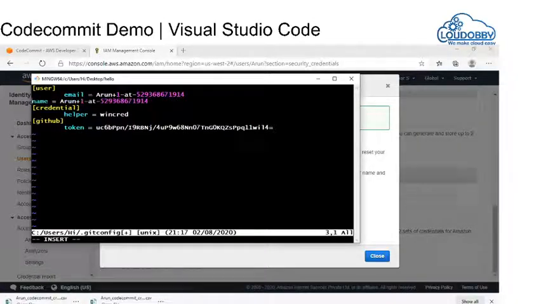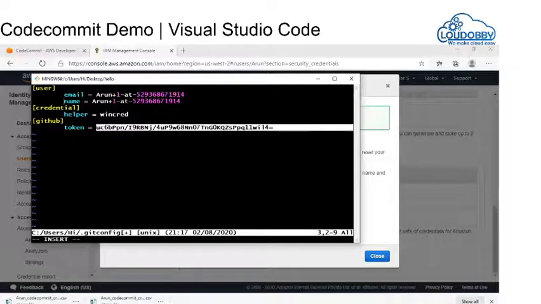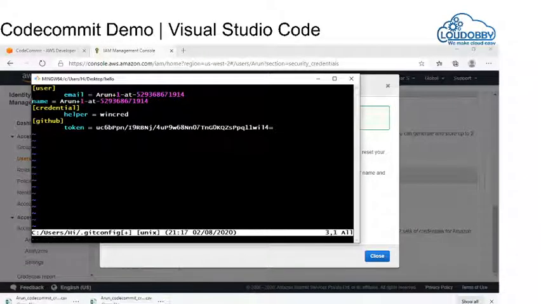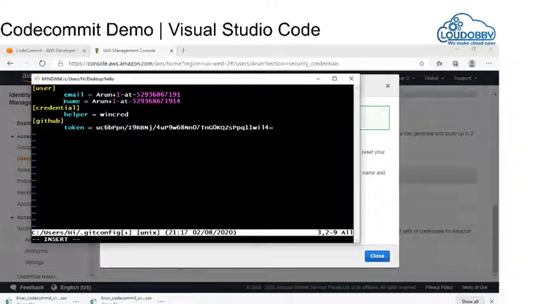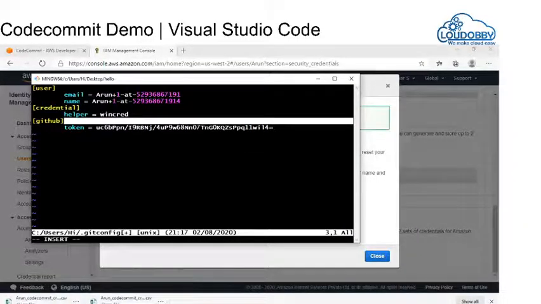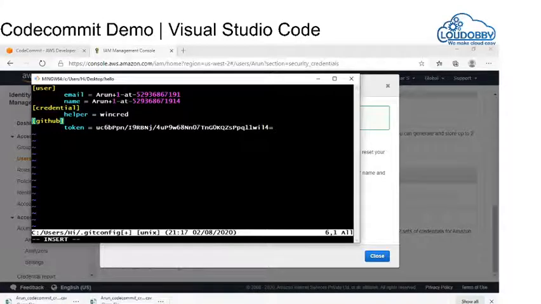Sorry, you should be in the escape mode. If you want to change the mode of the editor, this is just a vi editor. You just need to make sure where your cursor is.